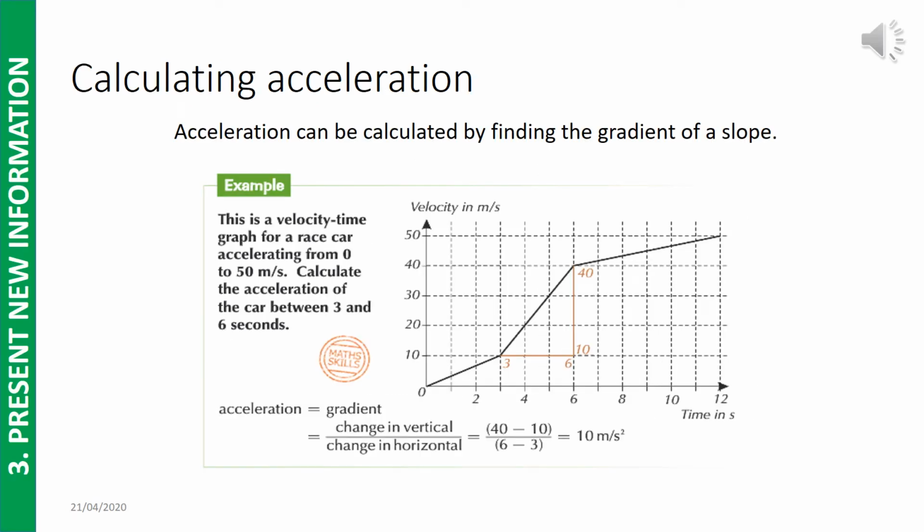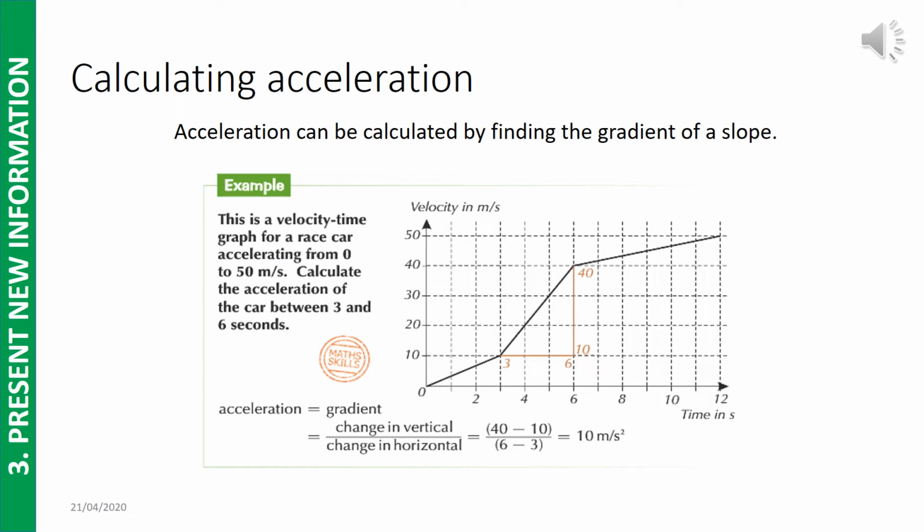So having looked at the different sections of the graph, let's look at the more interesting bits in more detail. So if you have a slope, either an upward or a downward slope on a velocity time graph, you can use that to find the acceleration of the object. You know from the previous lesson that acceleration is change in velocity divided by the time